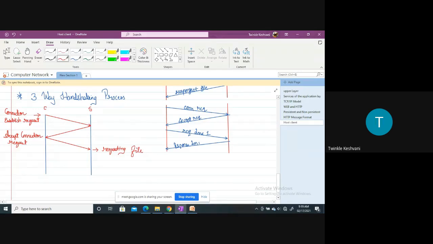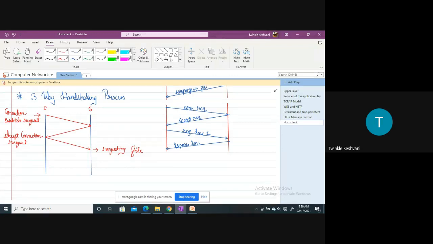So before any exchange of a message takes place between the client and the server, if it is using the TCP connection, the handshaking process is necessary, right? Because as we all know, TCP is a connection oriented protocol, right? So if I say connection oriented, that means the connection should be there between the client and the server, and for establishing the connection there should be some kind of connection request from the client side. If the server accepts that connection request, then and only then the further procedure takes place. So this is, we can say, the three-way handshaking process, right?